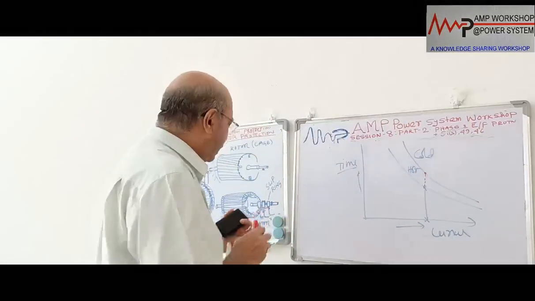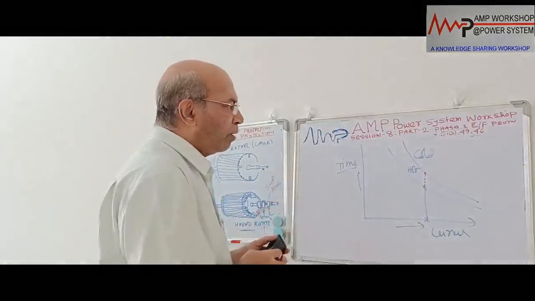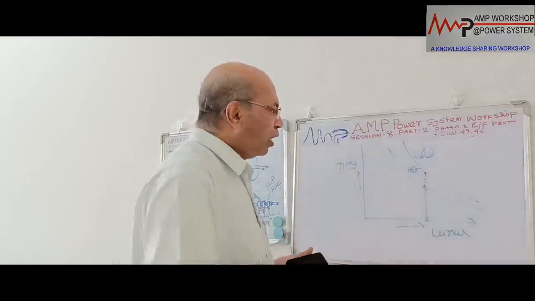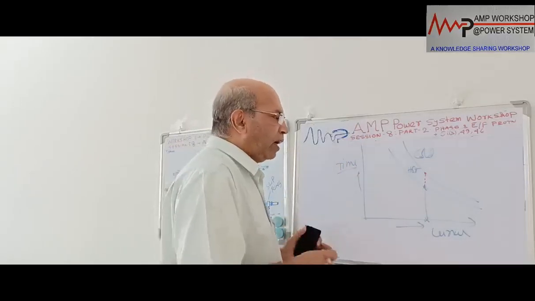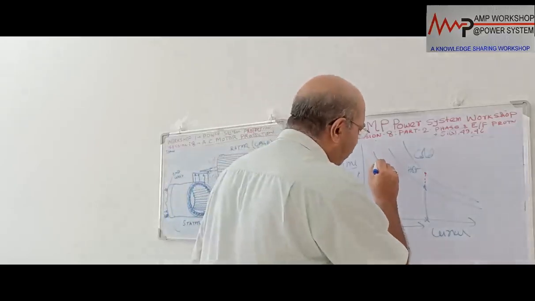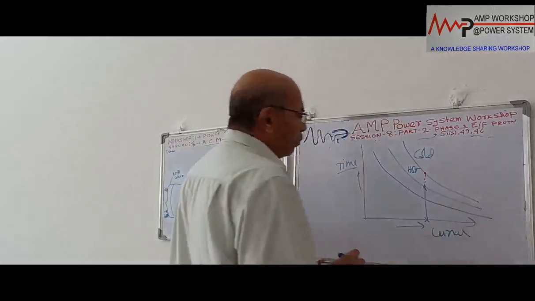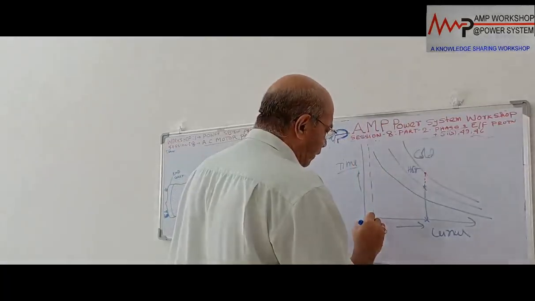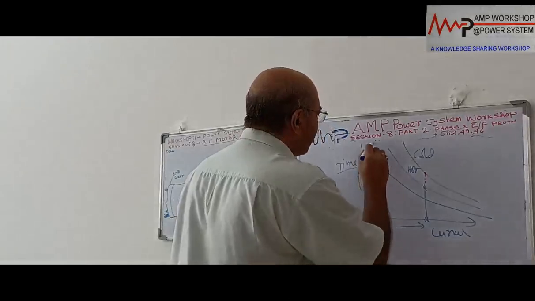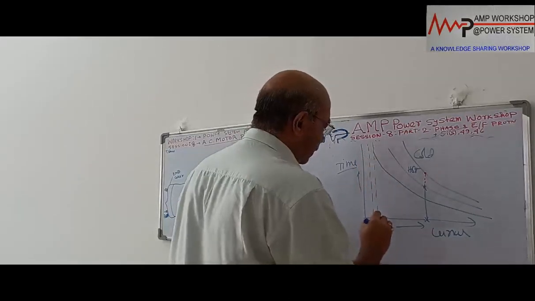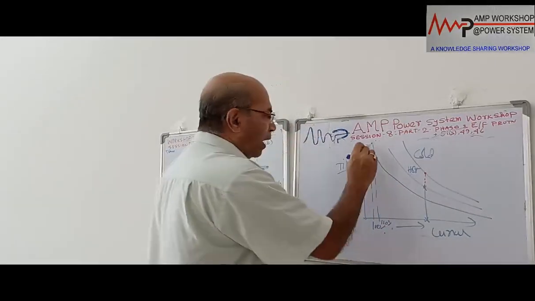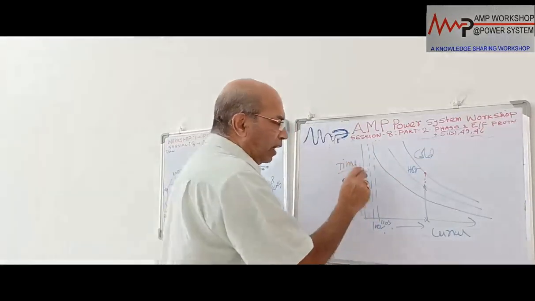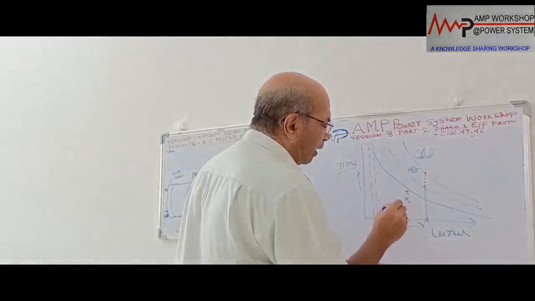Now we have to select a relay in such a way that, when we go for over-temperature or overload protection, the relay characteristics will always be below the motor curve. For any load from starting, suppose this is your 100% load, and this is 110% load. From 110%, if it is overload, we can go up to 110% overload. After that, this will be the relay curve, or the protection device curve.